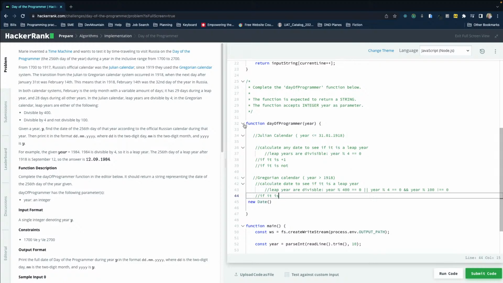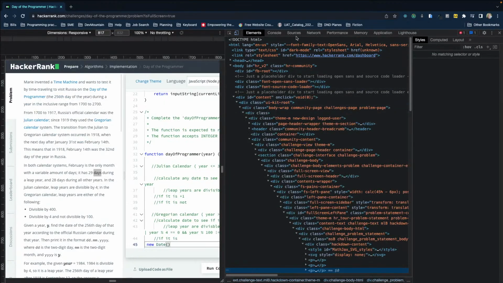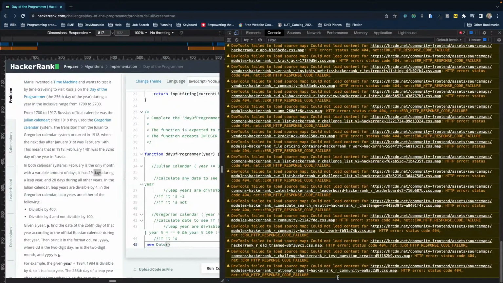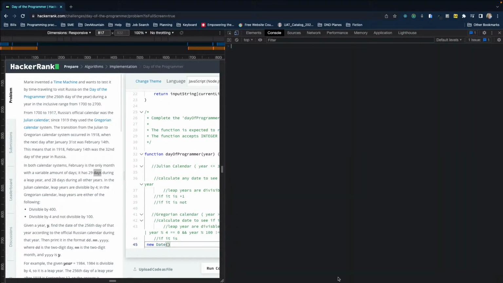So let's continue on. I am trying to remember my last train of thought. I think I was trying to count up from a given time period. So if we gave a date, and I think we were doing this, if we inspect the page, can I clear that? Let's do Command L. There we go. Control L. So if we say d equals new date and we pass this a year,